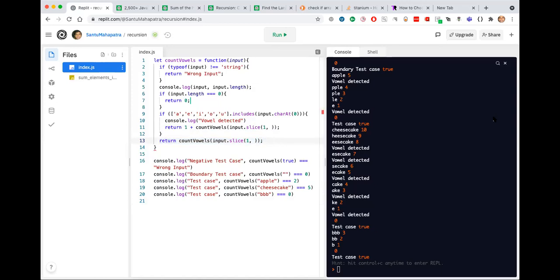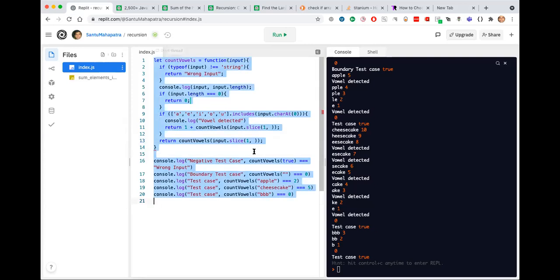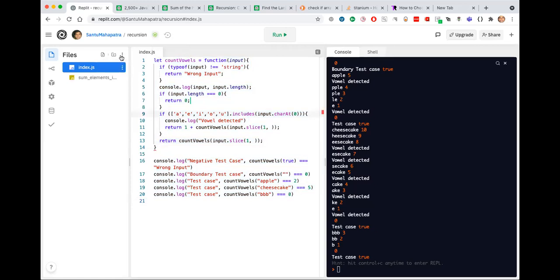Similar question to the first. The check in the first question was whether it's an array or not. And in this question is whether the first character belongs to A, E, I, O, U or not. Straightforward. Guys, is this okay? Can we move ahead? Line 11 is not clear.